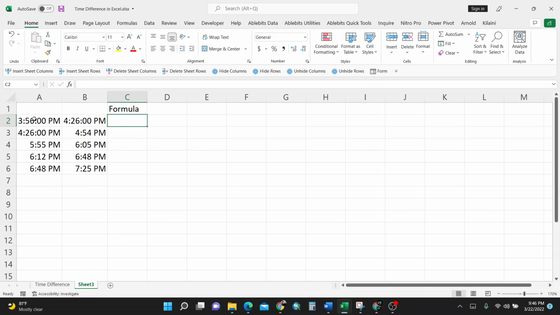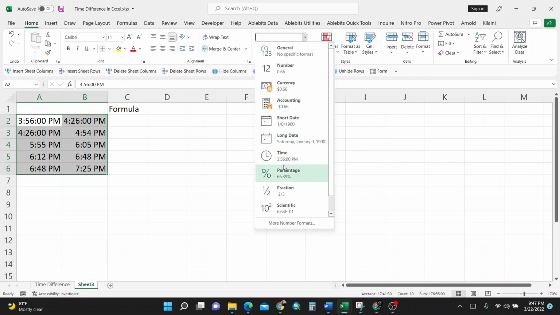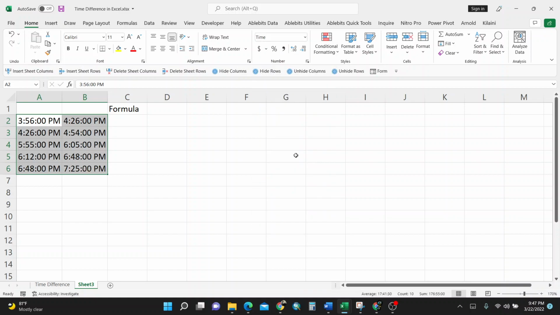Then first thing, what you're required to do is you need your data to be in the same standard format, which is time. So how you do it is by just selecting your data, then go into the Home tab, then Number, then Time. Make sure Time with the clock is selected. So upon clicking, all the data moves into one same standard format. So the last thing which you're required to do is to punch a formula which can subtract your time and give you a reasonable